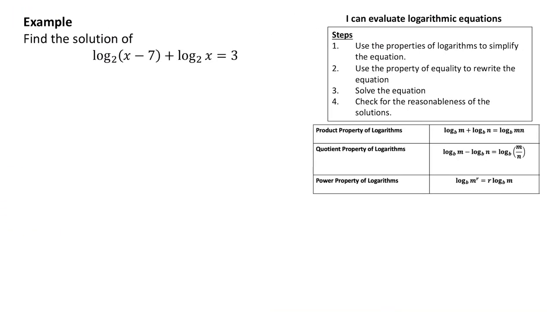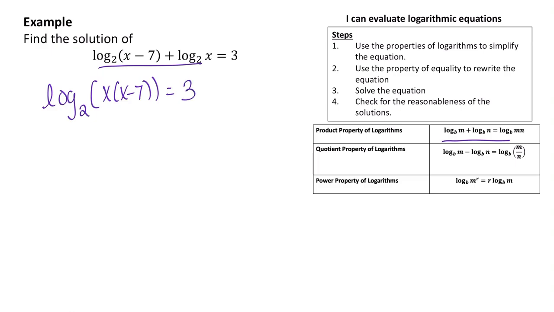So now let's find the solution of log base 2 of (x - 7) plus log base 2 of x equals 3. I'm going to condense the left side using the product property. So I have log base 2 of x times (x - 7) equals 3. I'm going to distribute here on the left. So I have log base 2 of x times x is x squared, minus 7 times x is 7x,